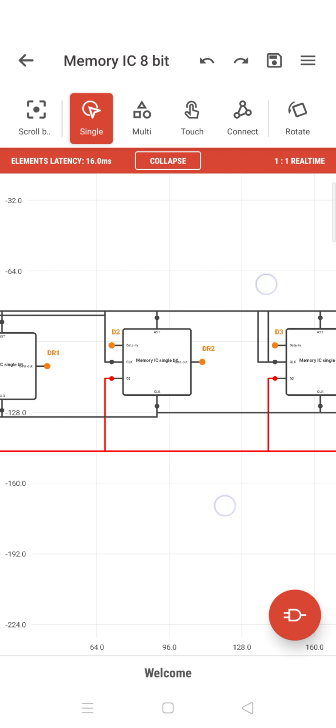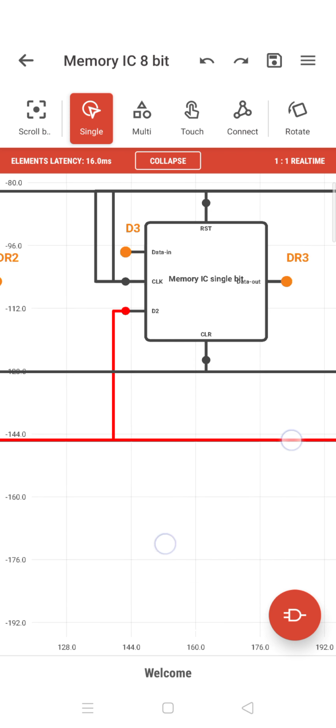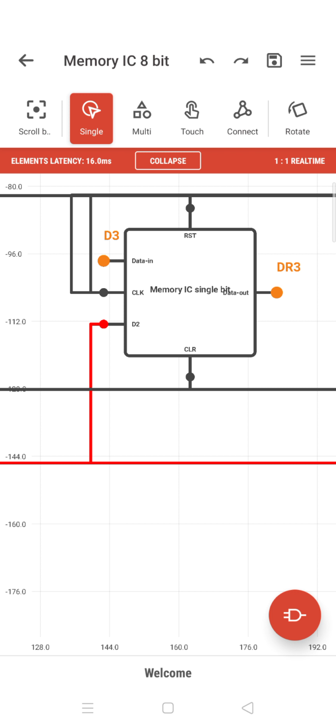We have put the whole thing into an IC. That 8-bit, we have put it in an IC, and it has got 3 inputs on the left and 1 output on the right. So a single IC will look somewhat like this. You have a reset, you have a clock, then you have a D2 and a data in, and then you have a clocking circuitry. So a single bit memory, the whole thing is put in a box like this. This is how an IC is made.